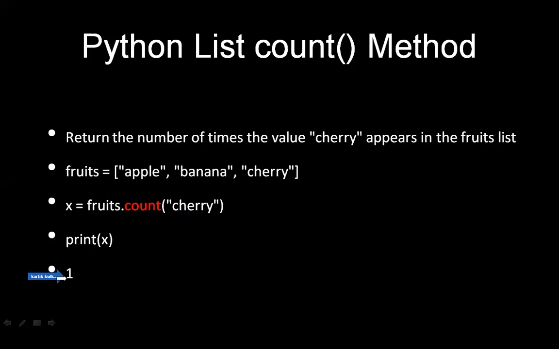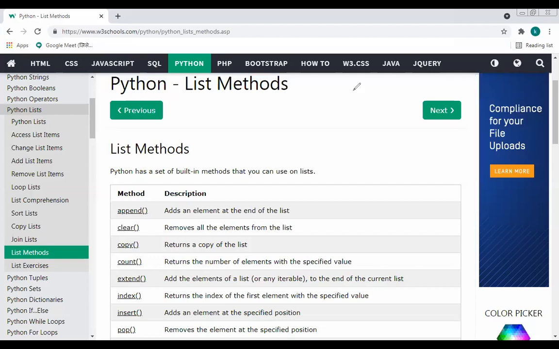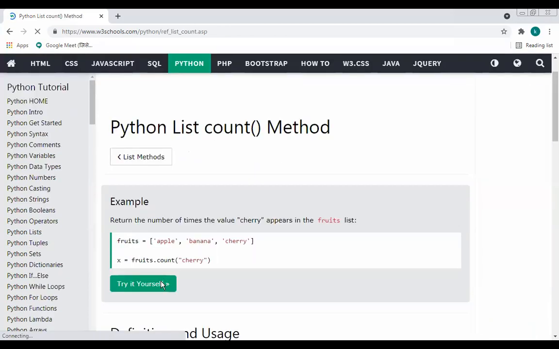That is why the count method is used. Now we will see the practical implementation of the count method, so that it will be easy for you to understand how the count method is used in the Python programming language.